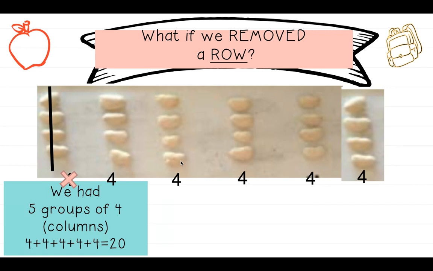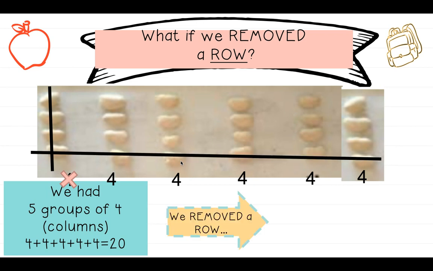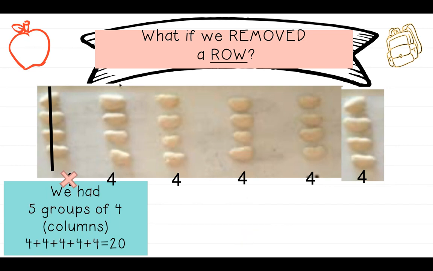It's sort of hard to see the rows in this array, but I'm going to try my best to show you. So at first, we had 5 groups of 4. We went back to our original array. You're going to remove a row by crossing it off, but look how many are in each row now. Before we had 4. So let me go back. So before we had 4 in each row. See? Okay. But now